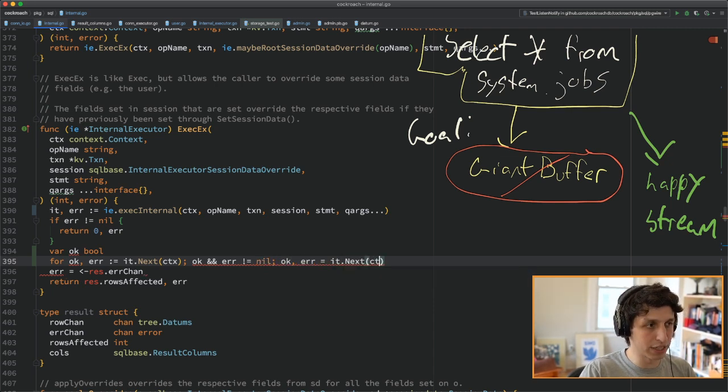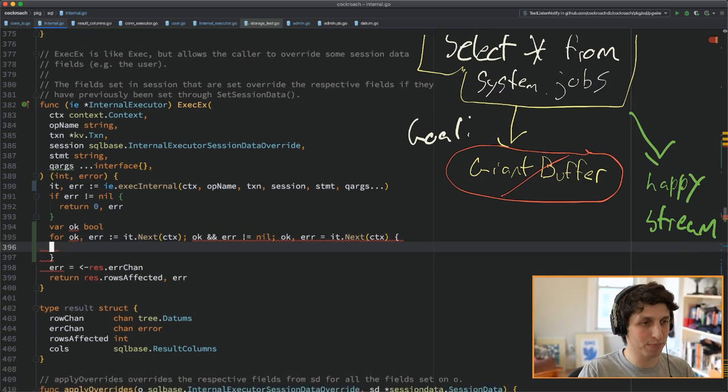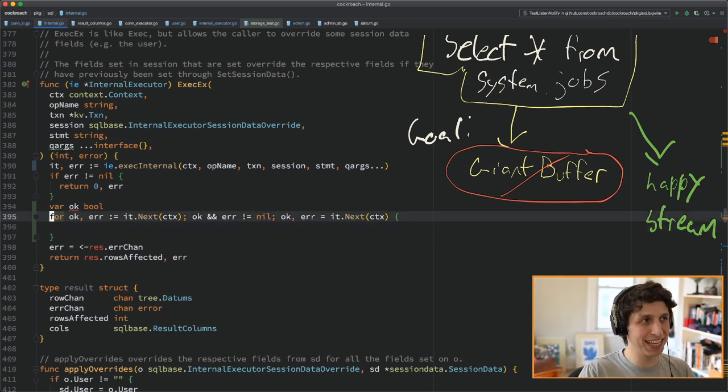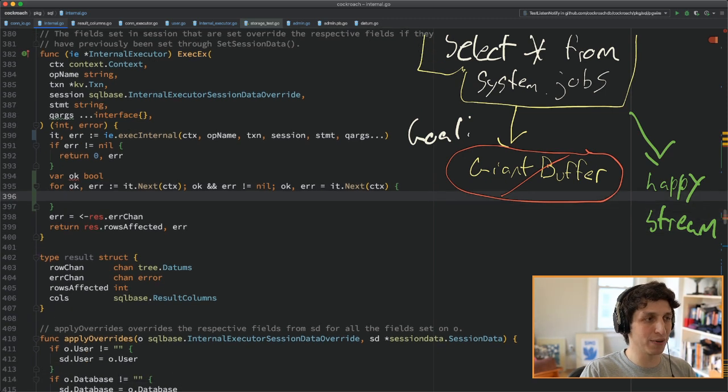That's ugly, but I don't know. And I guess in this case, we actually only expect one thing to come out. So really, we could probably delegate this to a queryOne thing or something, but